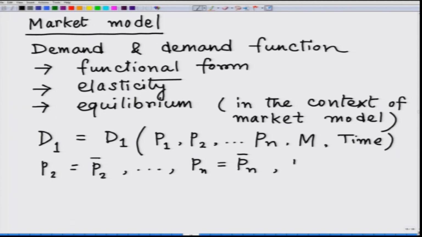The consumer also is under some kind of a budget constraint. It implies that the consumer works with a fixed amount of money income, and as I said, the time is also given. So, if I set these parameters in the model, the demand function, this multivariable demand function, gets simplified to